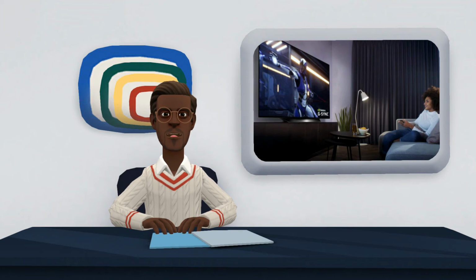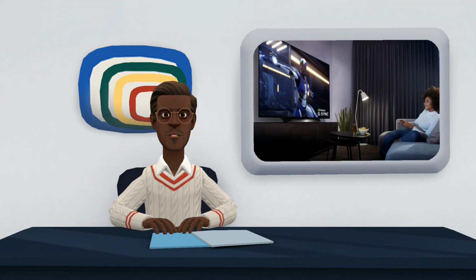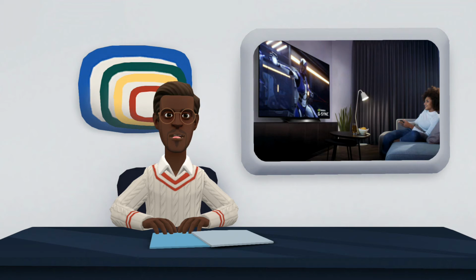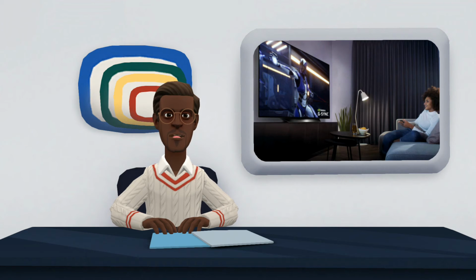1. Calculate the consumption of your TV. Calculating the monthly consumption of your television can be a simple measure that can help you control your finances at the end of the month. To calculate this, all you need to do is check the device's power in watts, data that is usually given in the TV's manual, multiply it by the number of hours used, and by the number of days used